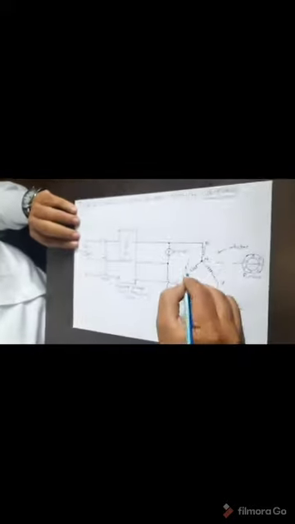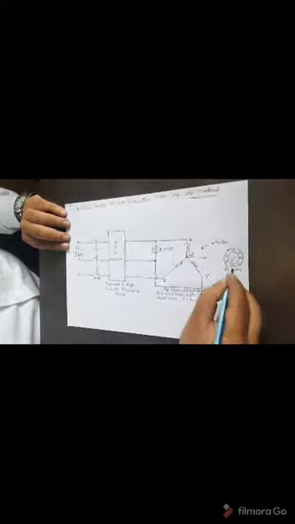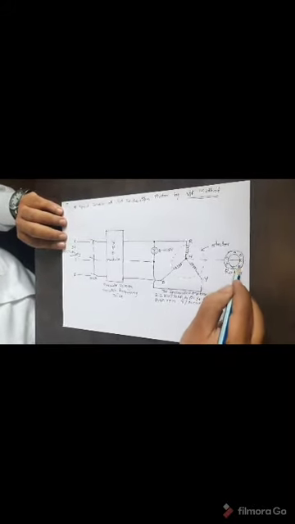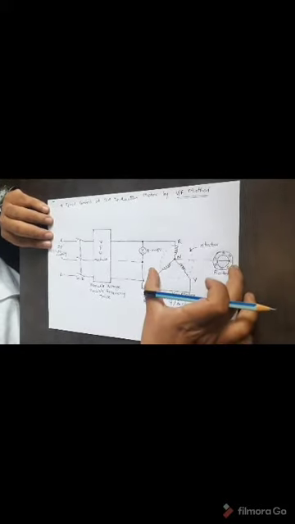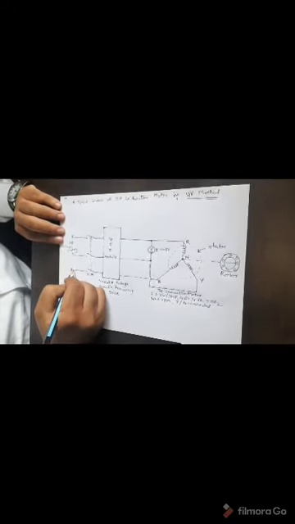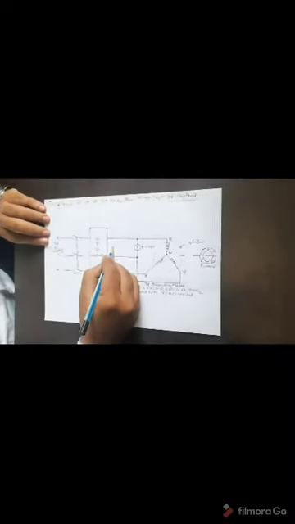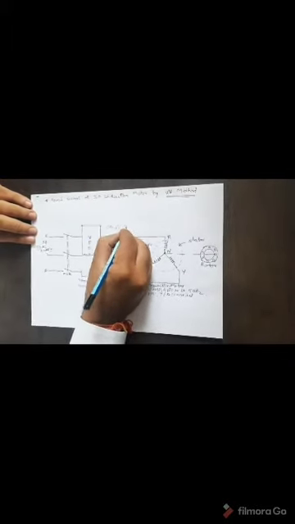We have a three-phase induction motor where this part is the three-phase stator and this is the rotor. These dots indicate the bars, and it is nothing but the squirrel cage type of rotor. So this particular part is my induction motor. Towards this side I have three-phase AC supply coming from the supply side, then MCB for the purpose of protection, and this is the most important part, called the variable voltage variable frequency drive. The input of the VFD is 415 volt AC supply and the output coming from the VFD will be variable voltage and variable frequency.